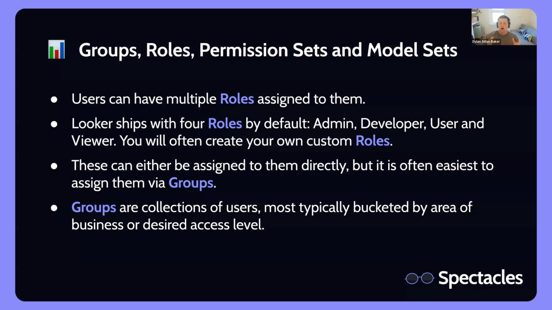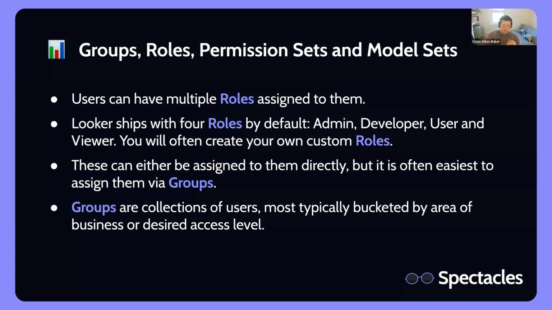That's not to say that the odds that the groups those people have set in, let's say, Okta map exactly to what you're going to need in Looker are reasonably small, but at least to get started, it'll often get you some of the way there. And it means that those groups are automatically going to get set by someone else, which means you have to worry about less of the overhead. And so trying to leverage those as much as possible before you go down into your own custom